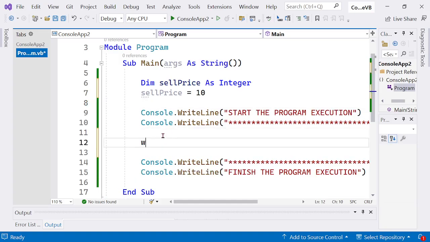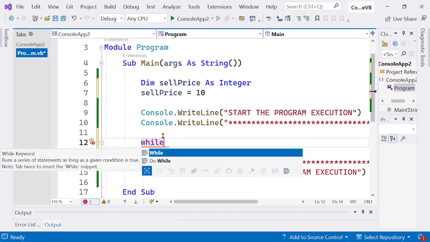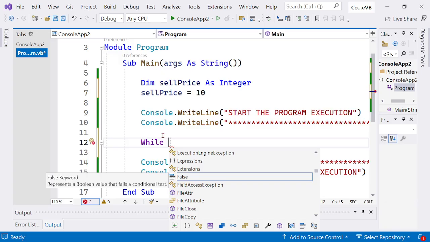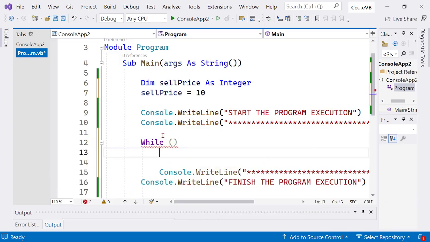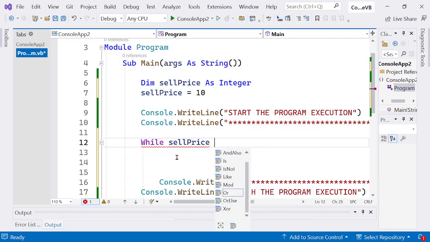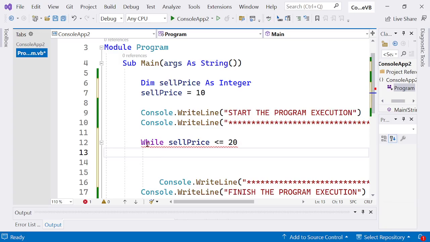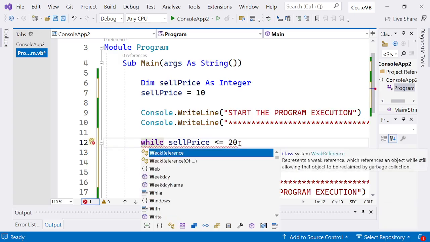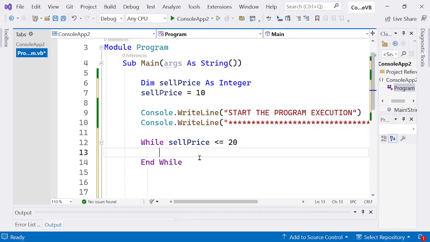Then while sell price will be less or equal, let's say 20. And while automatically, so console write line,